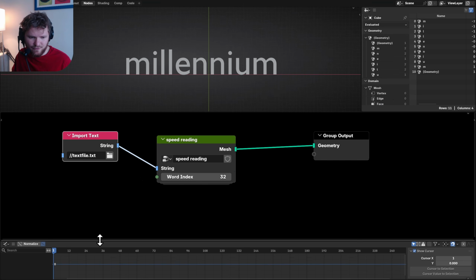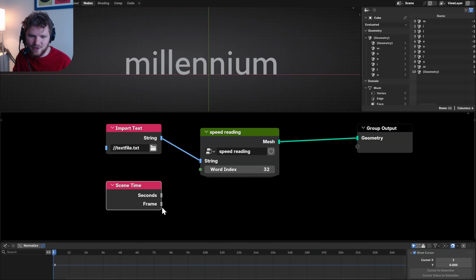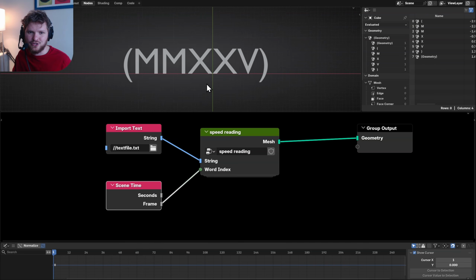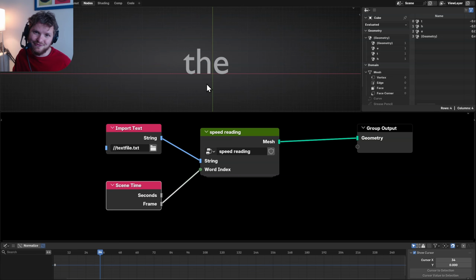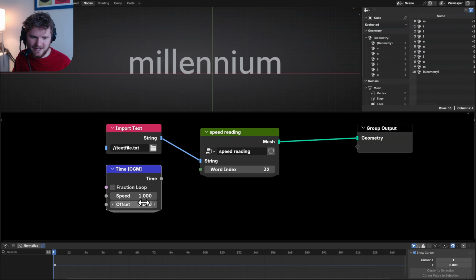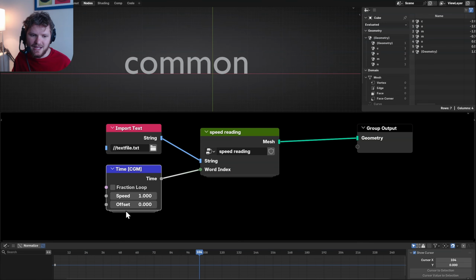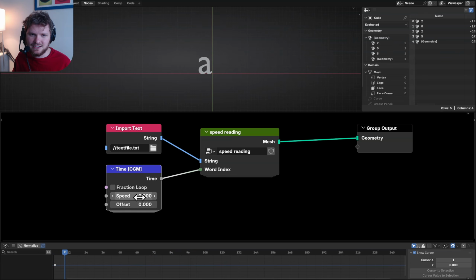Let's now determine how fast this should be. So one kind of naive way to do this is you take the scene time and you have the frame number be the word index. However, you will notice quickly this might be a bit too fast. Instead, I'm going to take my CG Matter time node. Again, it's free on my website, cgmatter.com, and I'm going to connect this time over here. So right now, this is going to be at a rate of exactly 1 word per second. If I take this and I bump it up to 10, it's going to be at a rate of 10